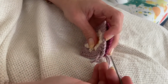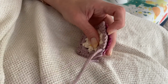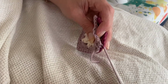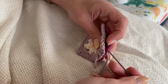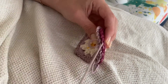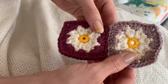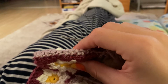My tactic was making 4 long strips and then connecting them lengthwise. So I made a strip of 11 granny squares, and then I connected all of those strips. I also later discovered that sewing them with more of an overstitch manner is also